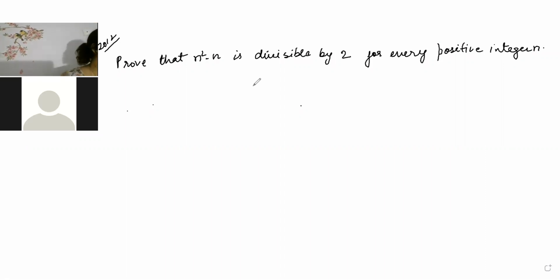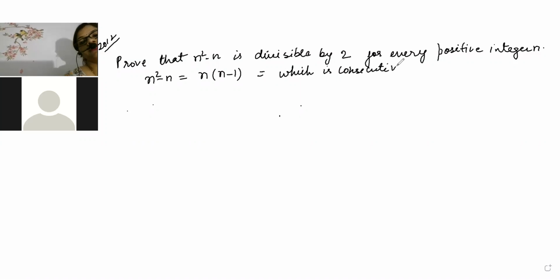So beta, what will be your work? Again, you are going to do all the process the same. First, we will find whether it is in consecutive form or not. So n square minus n will be written by taking out n, it becomes n into n minus 1, which is a product of consecutive integers. Is it not consecutive integers?